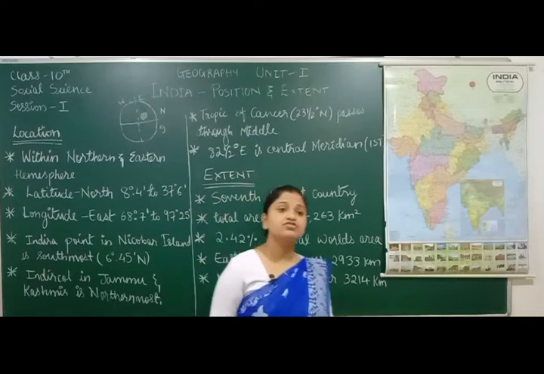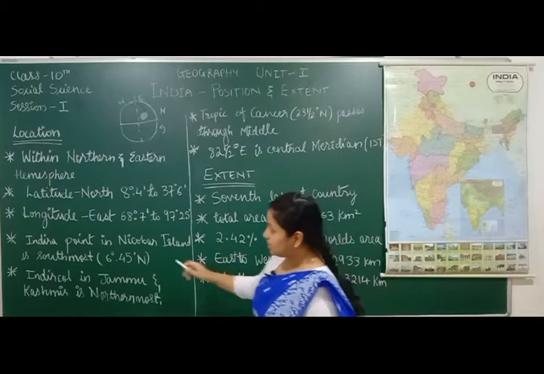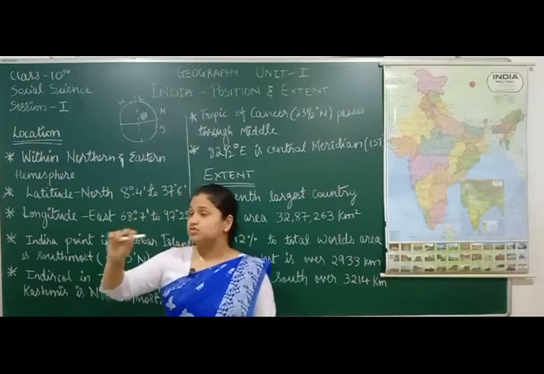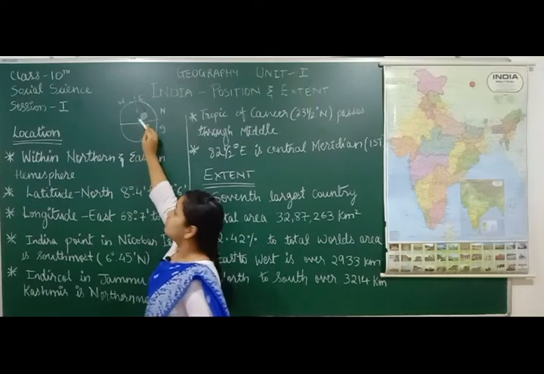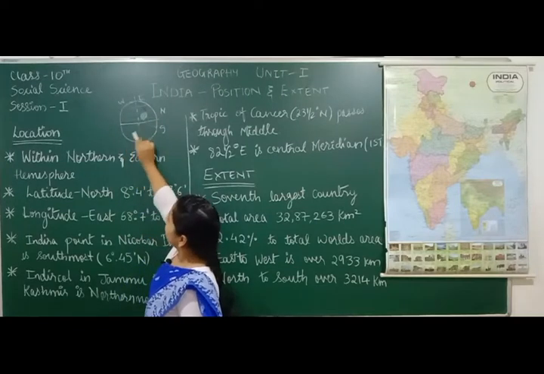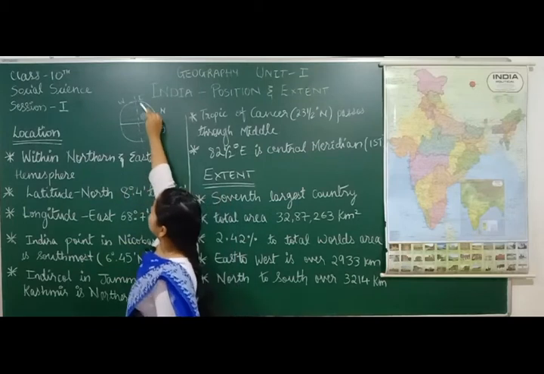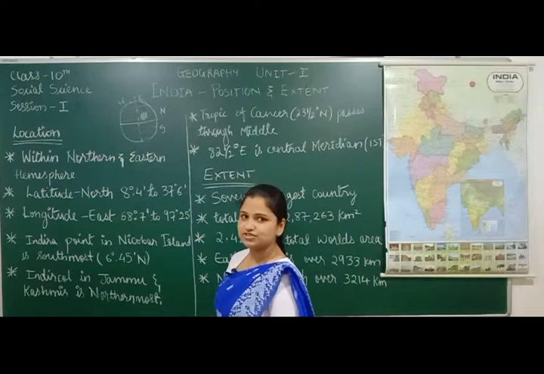So we have to learn now where India lies exactly. When you talk about latitude, India lies in the north, right? Latitudes which lie above this line are called the north latitudes, and those which lie below are called the south latitudes. Similarly with the longitudes, east longitudes and west longitudes. Is that clear to you?